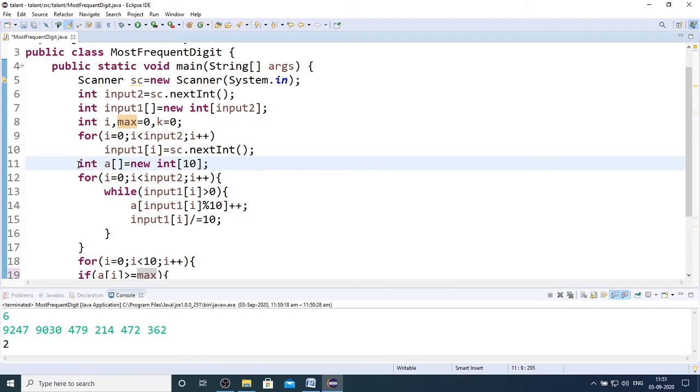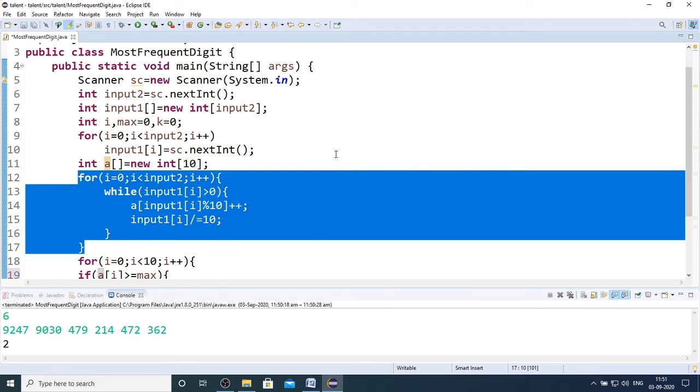I am taking an array A which is created for 10 elements with indexing from 0 to 9, and my array A whose indexes are from 0 to 9 represents the digit frequencies. I am taking this array for calculating the digit frequencies, and this block determines my digit frequencies among all the numbers of the array.